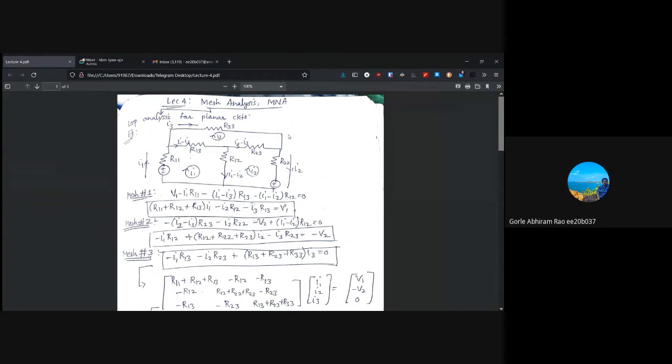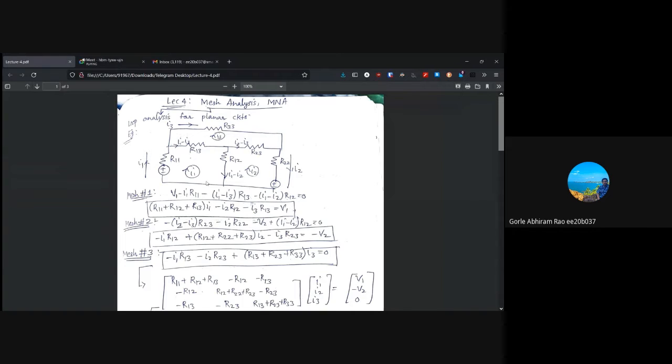So hey guys, and welcome to this fourth lecture on mesh analysis and modified nodal analysis. Mesh analysis is basically nothing but the loop analysis for planar circuits. And if we look at this example where we have three loops, or three meshes, and we